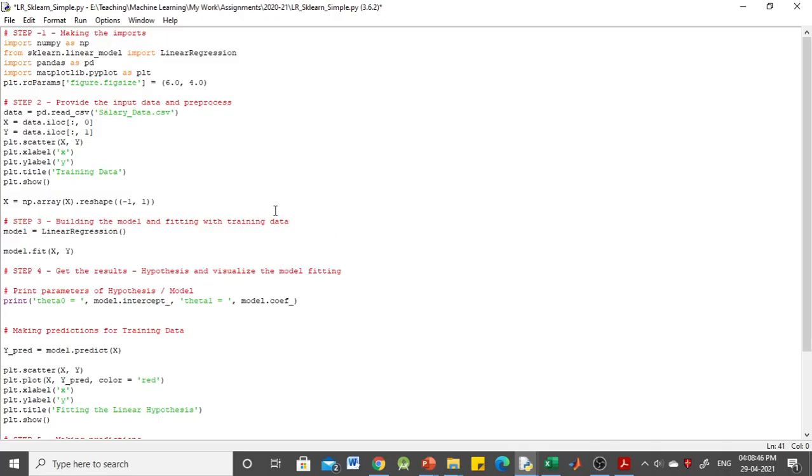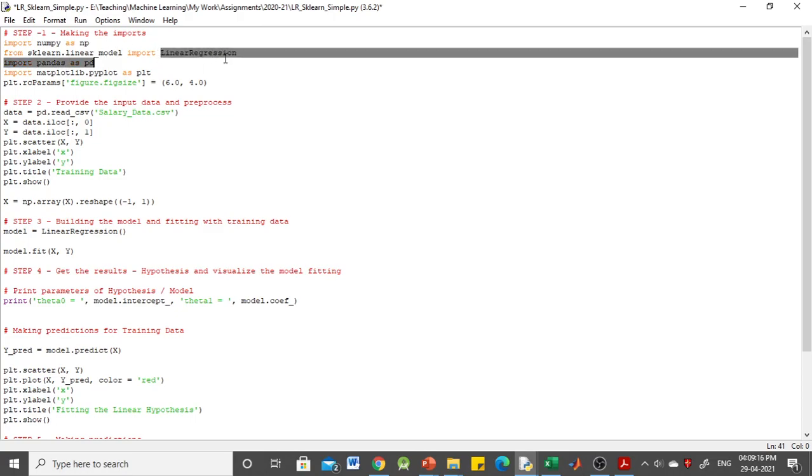Now let us go through the actual implementation. As per step number 1, we are making the imports. Here we are importing the required packages like numpy, pandas, matplotlib and so on, and also importing the class LinearRegression from sklearn.linear_model.